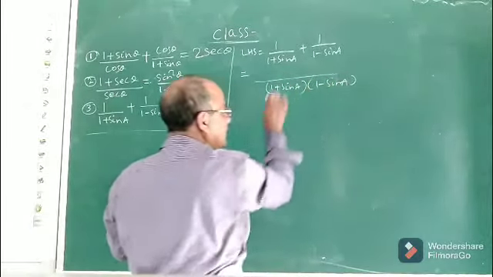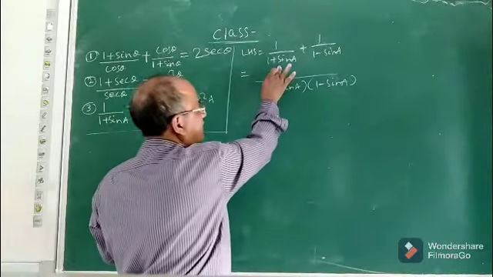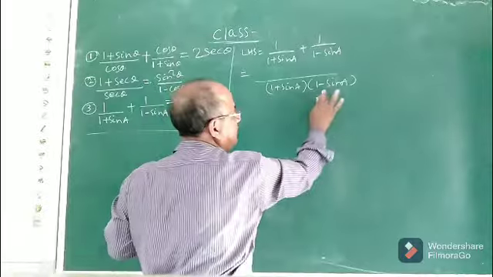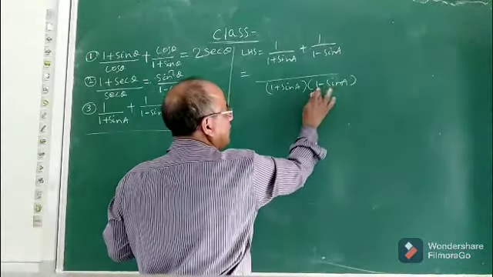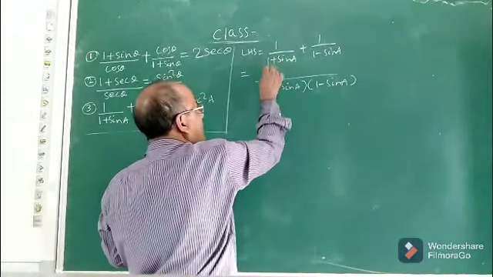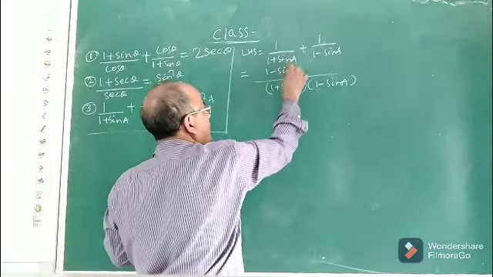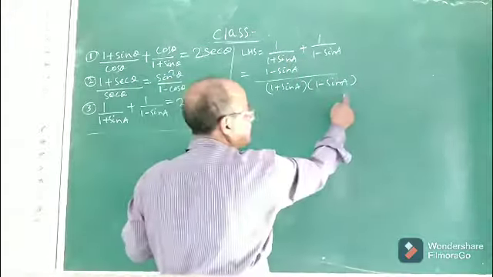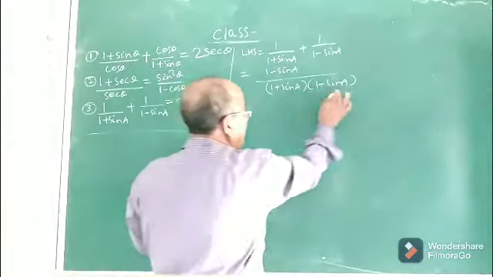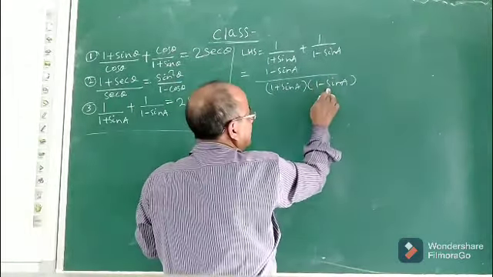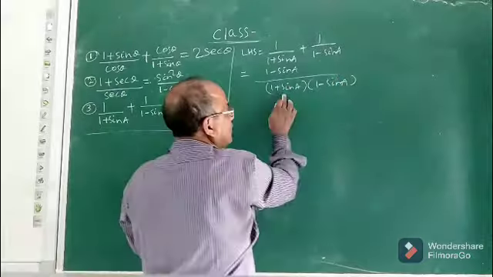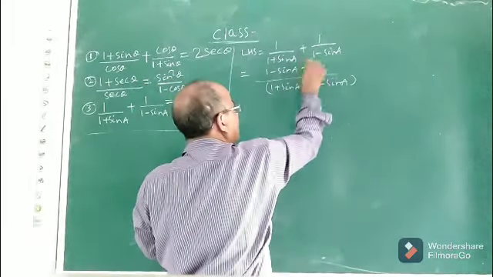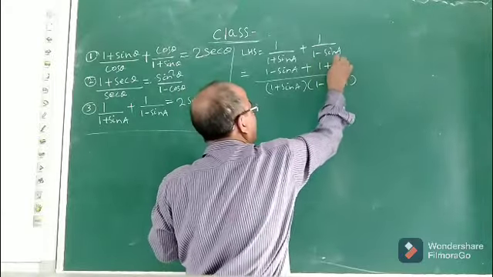Okay? Then what is the next step? Divide the LCM by the denominator so that this term and this term will be cancelled and 1 minus sin A will be left. So 1 minus sin A must be multiplied by 1, and the product of 1 minus sin A into 1 is 1 minus sin A. Now divide the LCM by the denominator. This term and this term will be cancelled and what will be left? 1 plus sin A. So multiply 1 plus sin A again by 1. Okay. So it will be 1 plus sin A.